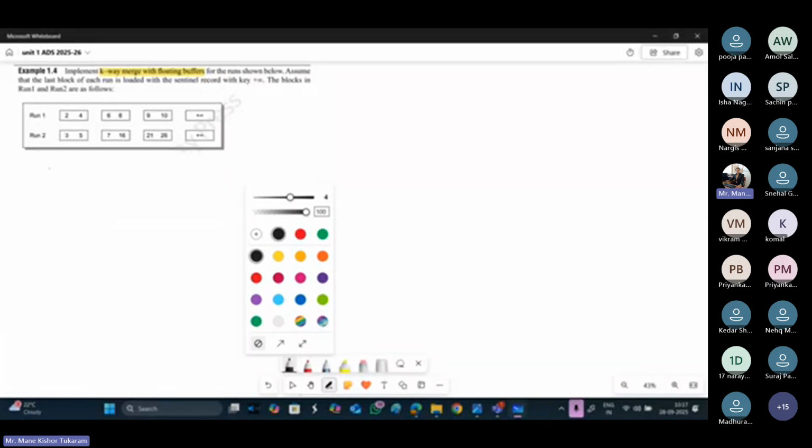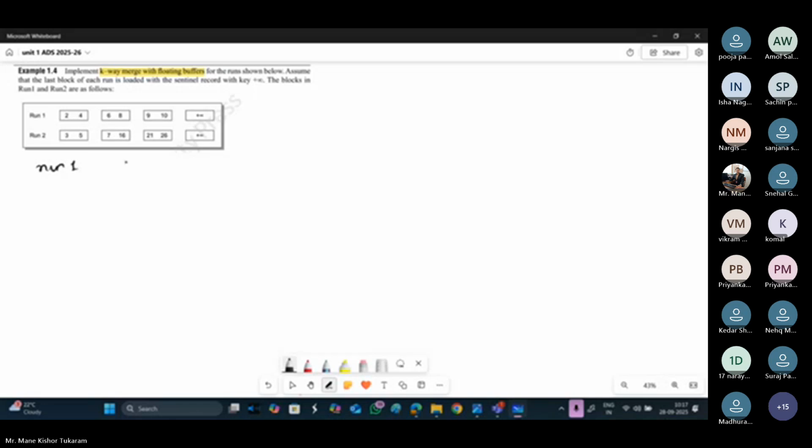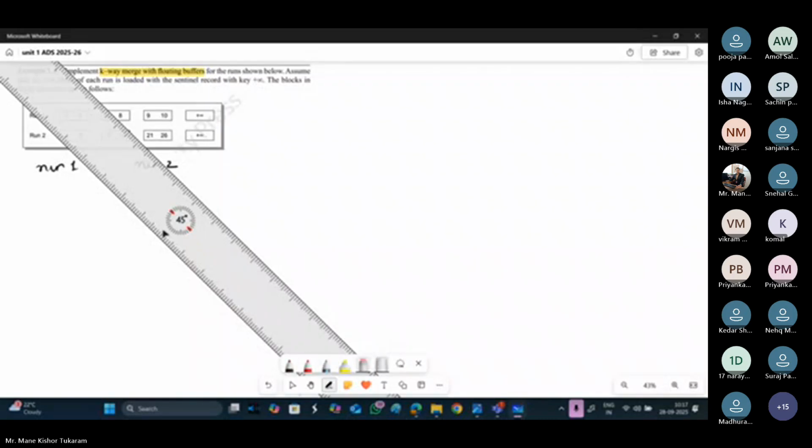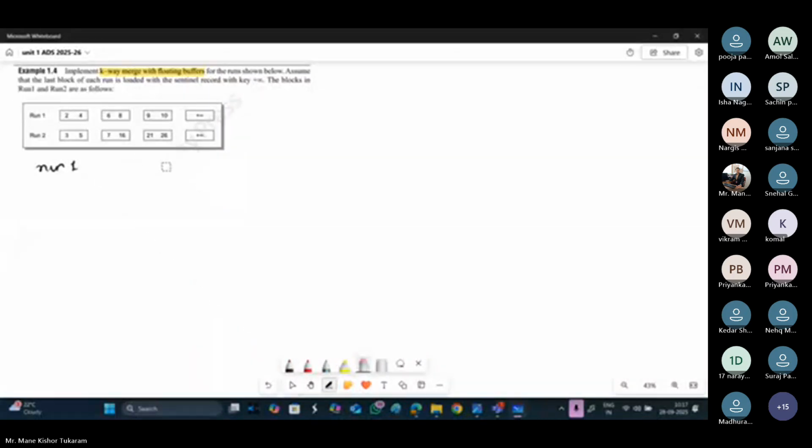So initially we take run 1, then run 2, and the output, each having a size of 2. Since there are 2 runs, we can just take